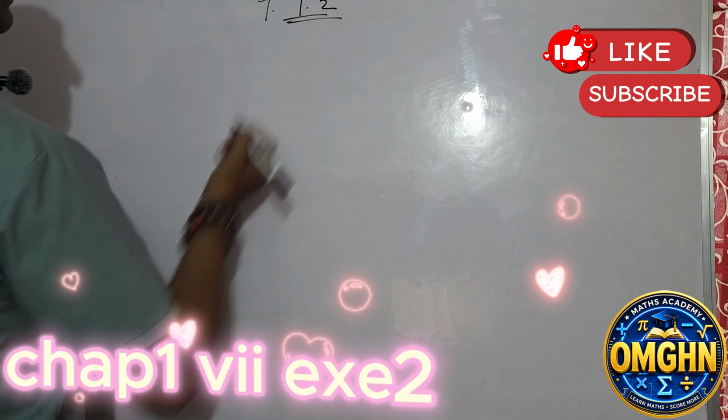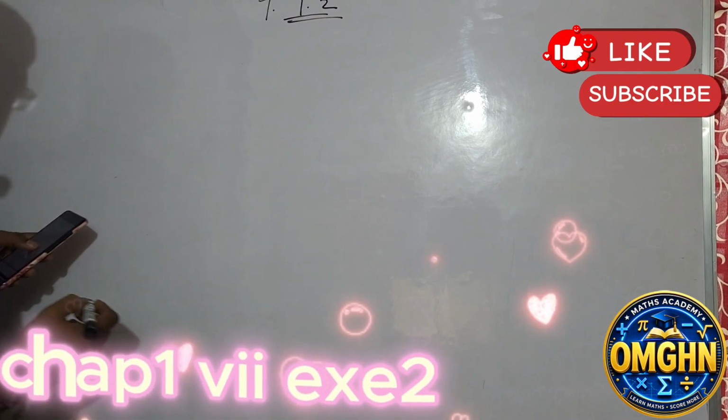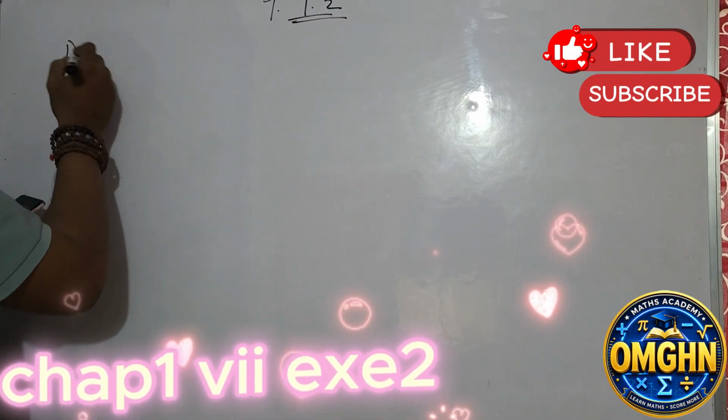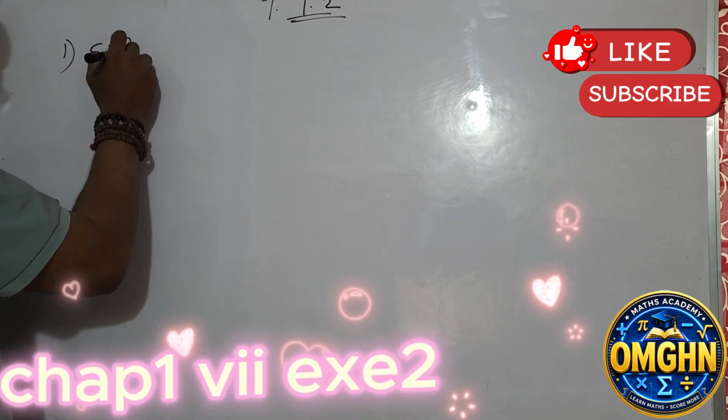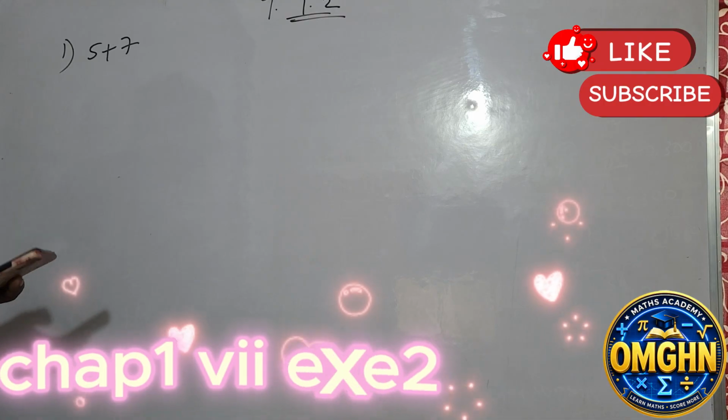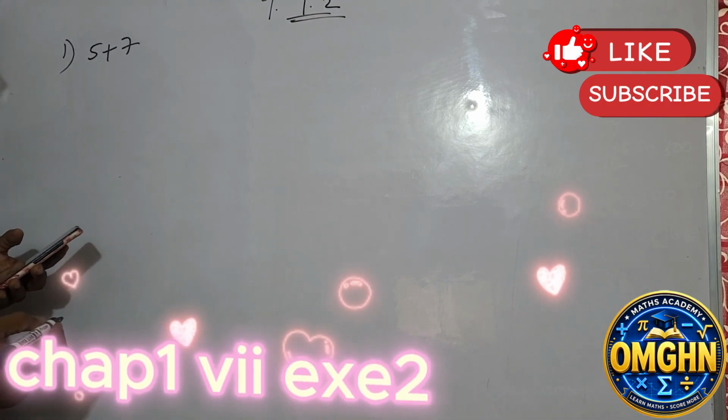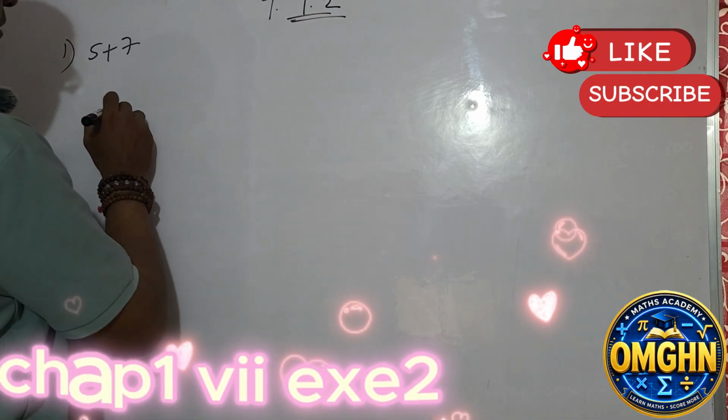7th class, exercise 1.2, chapter 1. The question is: represent 5 plus 7 on the number line. We have to show it on the number line. So, if I am going on the number line,